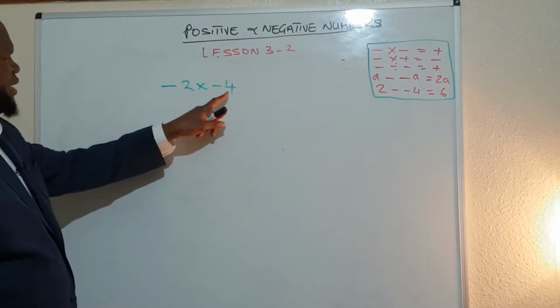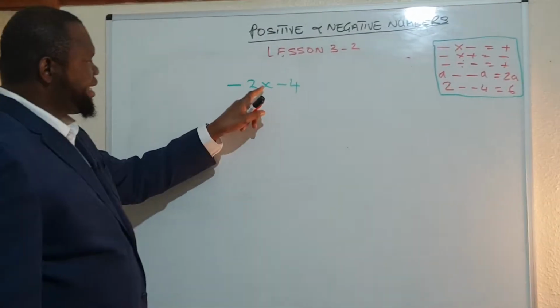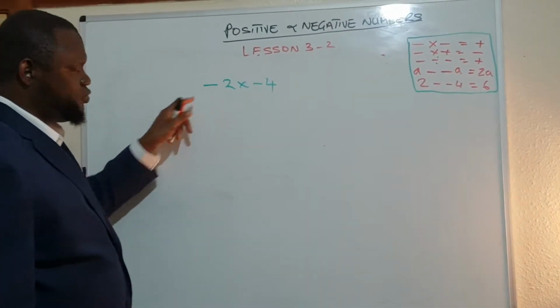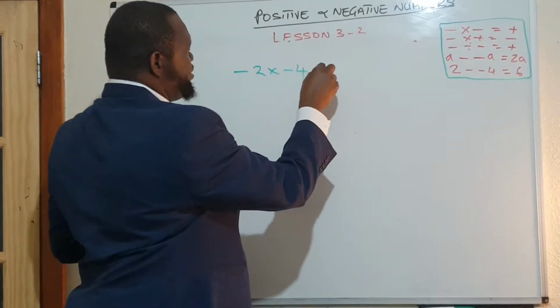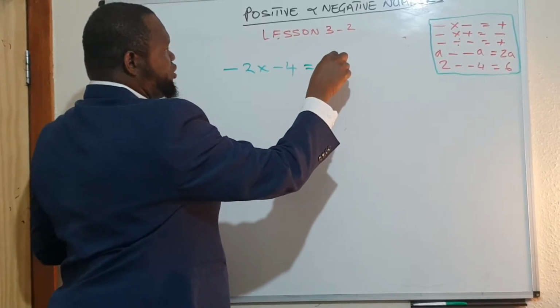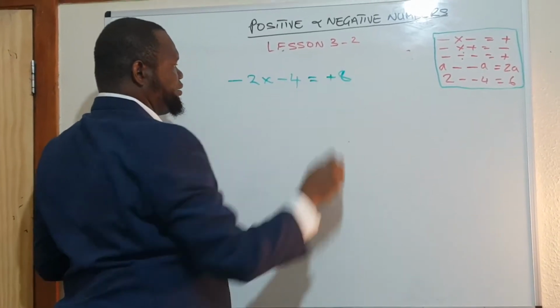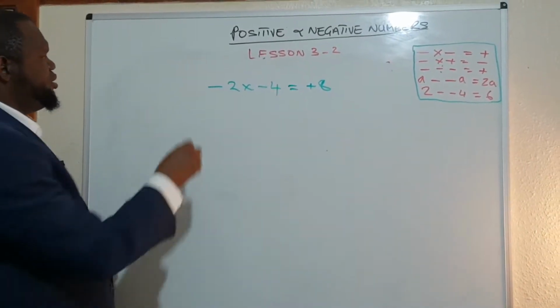Look, the sign of 4 is minus, and the sign of 2 is minus. We are just multiplying the 2 and 4. So therefore, our answer will be positive. So positive 8. You see? So what about